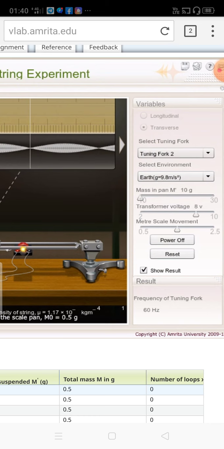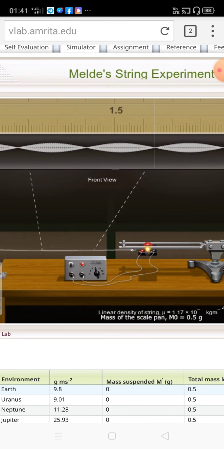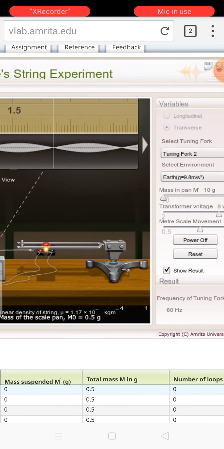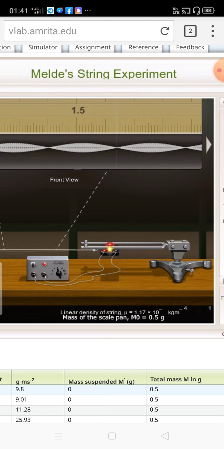And now you choose any particular planet, say Earth, 9.8 meter per second square, and once you take longitudinal, you move the slider position on the weight, and you get a number of readings as the value of the wavelength will be changed. So you get 5 sets of readings, each time a different length L2 and L1. Find the difference. Then repeat the same way for transverse, and now whatever I have described in the earlier video in theory, working procedure and the working table, you should do.